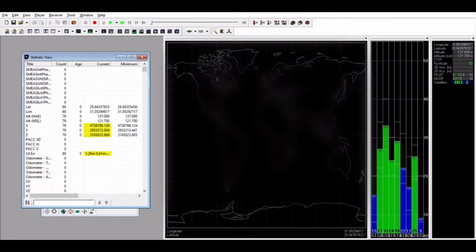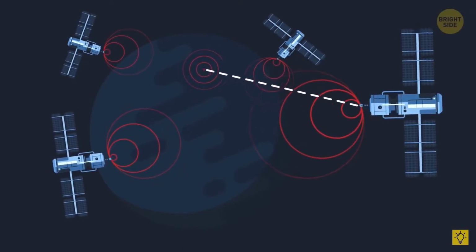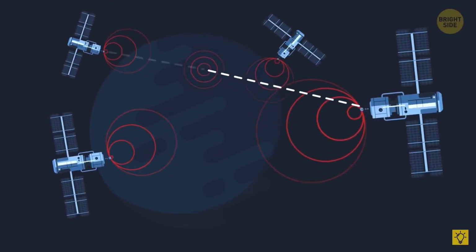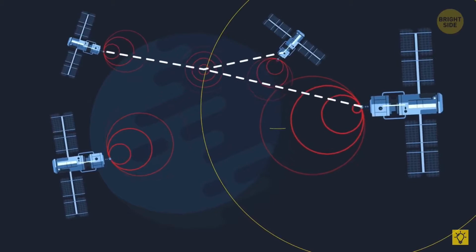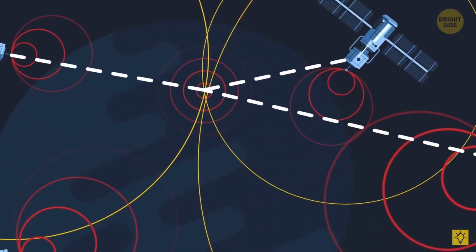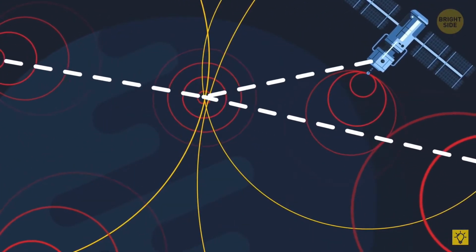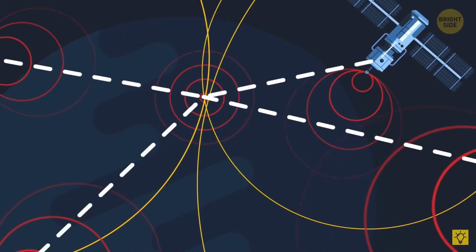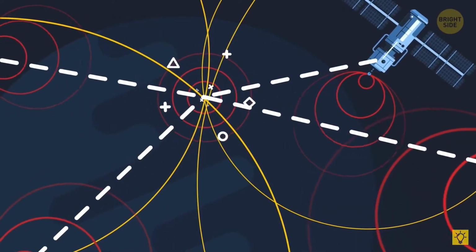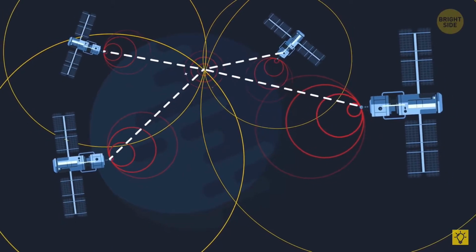The GPS module is the one responsible for providing the drone with its current coordinates. The principle behind GPS technology is pretty simple. A drone is mounted with a GPS receiver that can receive signals from several GPS satellites. The accuracy of the location will depend on the strength of the signal and the number of satellites within its